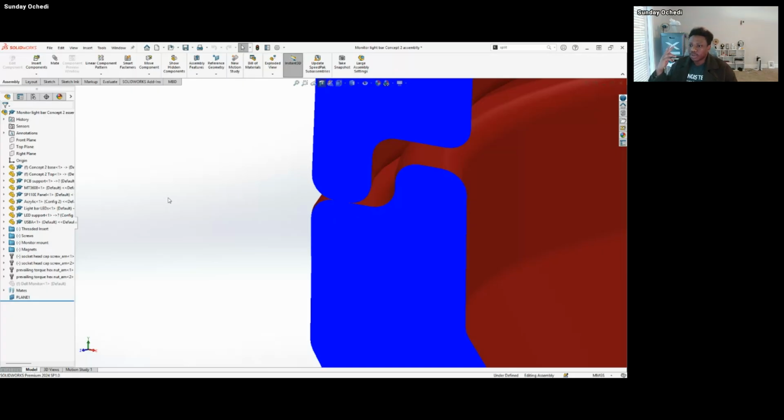There's also fit interference, where the component fits perfectly. They just align perfectly into each other. But when you're doing your fit, you also have to consider